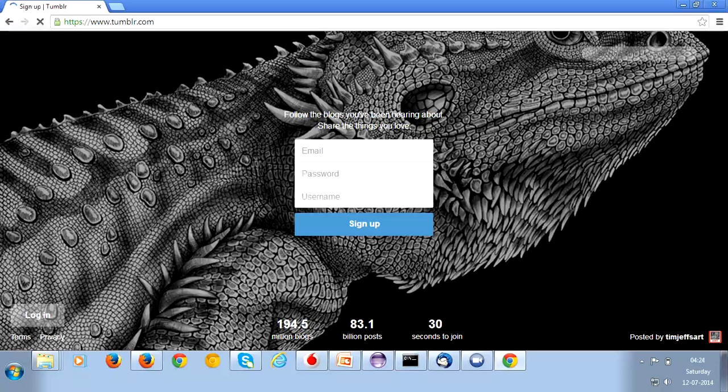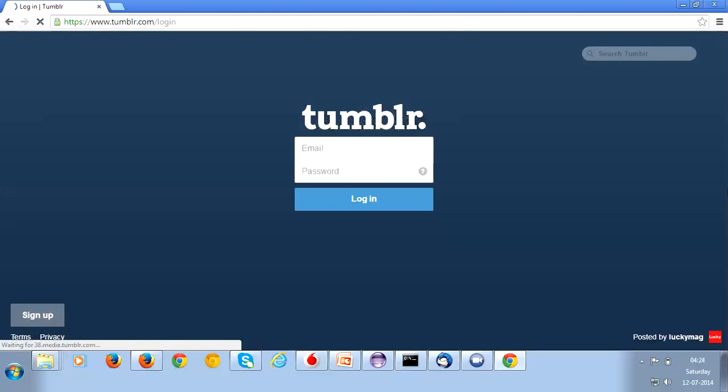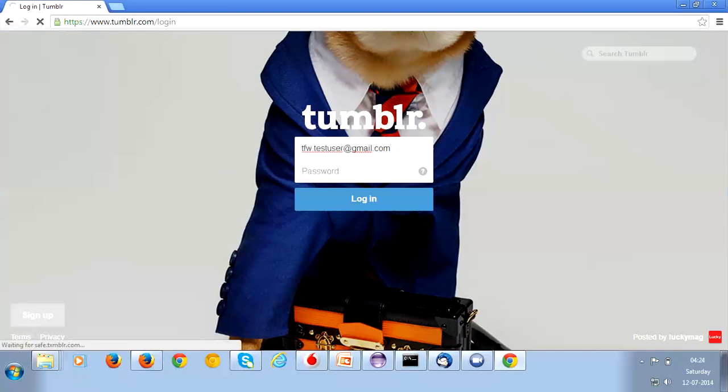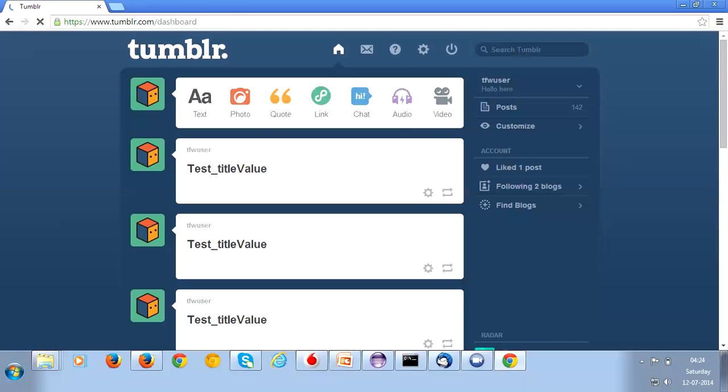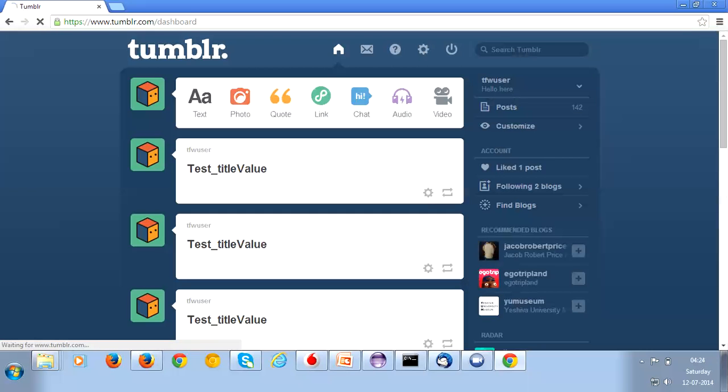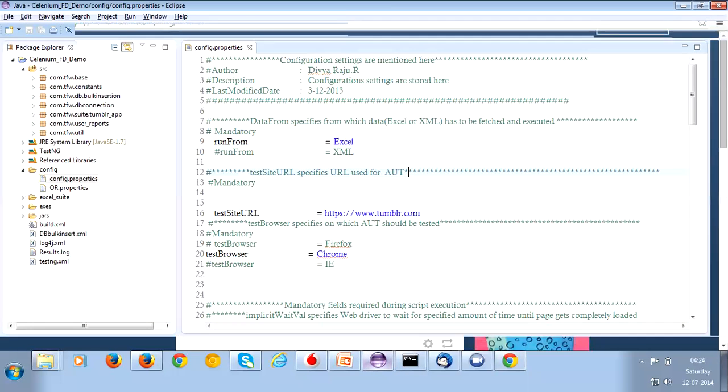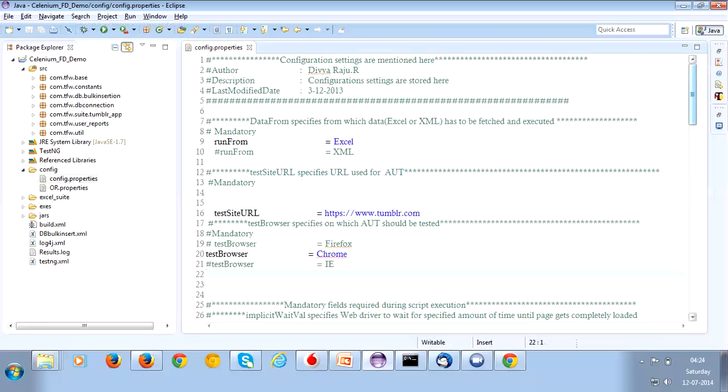I have chosen Chrome as the browser under the config.property file for execution. And config.property file is a property file which is used for storing the configuration settings for the entire framework. The details mentioned in the config.property file will be used across the framework, and it contains all the mandatory things